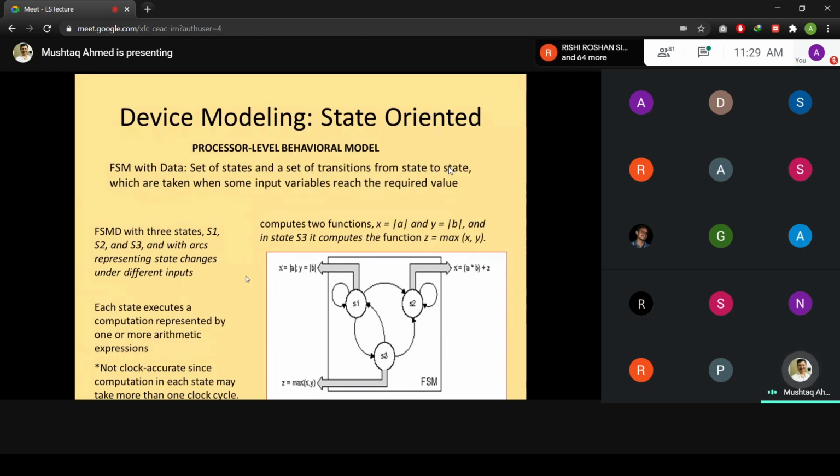So here, this diagram is a slight variation of the state transition diagram, which you have gone through. It is the state transition diagram, or the finite state machine with data. So the transition from one state to another is taking place. What type of input is being provided and what type of operation is being performed is also depicted at each and every stage.